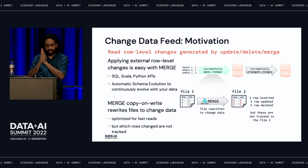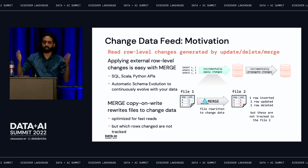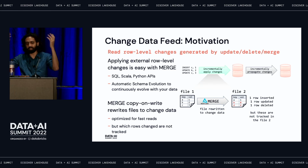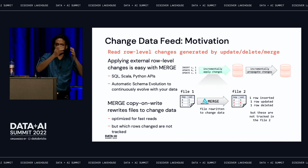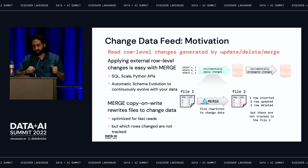But merge solves only half of the problem of the end-to-end goal of building incremental pipelines, where you want to merge changes into a Delta table, and then propagate those row-level changes to further tables. One common architecture is where you have layers of bronze, silver, gold, the medallion architecture. There are different names to it, but it's common to have this sort of multi-stage pipeline. You want to make end-to-end incremental pipelines to propagate those row-level changes. So having efficient merge solves only half of that, because merge right now, using copy on write, rewrites entire files, even to change one row,